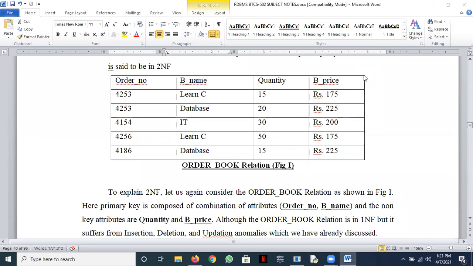No, sir, we cannot add such a record, because we cannot leave the order number null. Why? Because it is a part of the primary key. So the primary key cannot be empty. We cannot insert the book name and the book price, because we cannot leave order number and quantity. We can leave quantity as null, but order number, since it is a part of the primary key, and if we go by our entity integrity rule that we started, the primary key cannot be null. So we cannot. So we have an insertion problem.